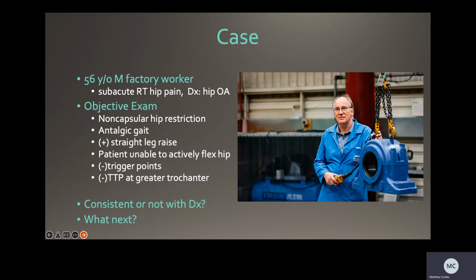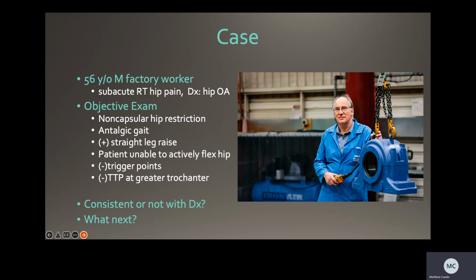So I checked out his hip. He didn't really have any capsular hip restrictions. His gait was terrible. Like I said, he was dragging his leg behind him. He had a positive straight leg raise. He couldn't actively flex his hip. I felt all over the place, all around the hip, all around the groin, got nothing, and he was not point tender at the greater trochanter. So really and truly, like I said before,